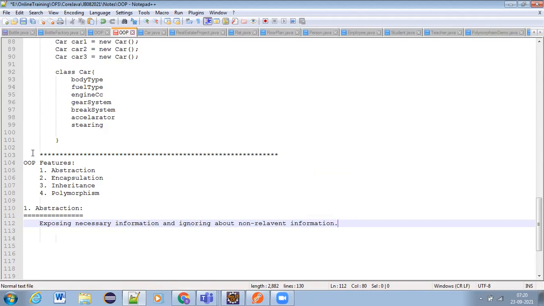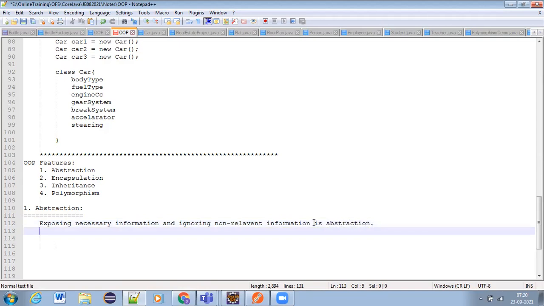Generally this is the definition: exposing necessary information and ignoring non-relevant information is abstraction.